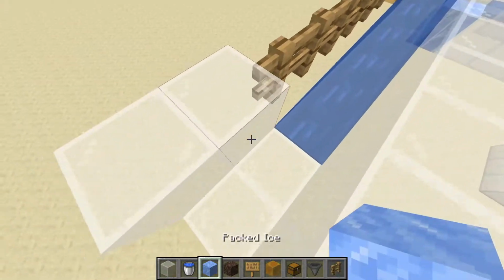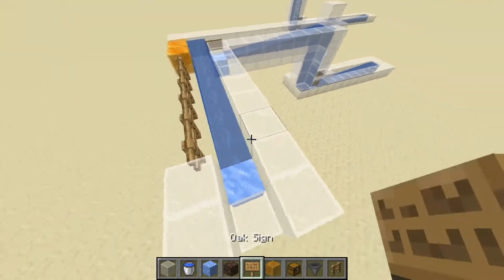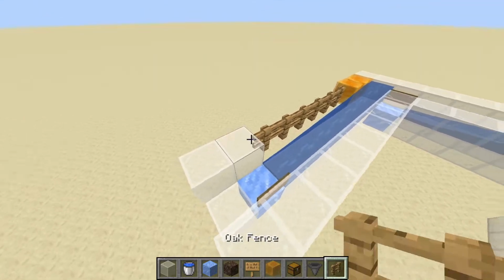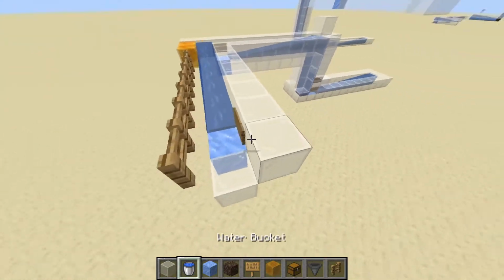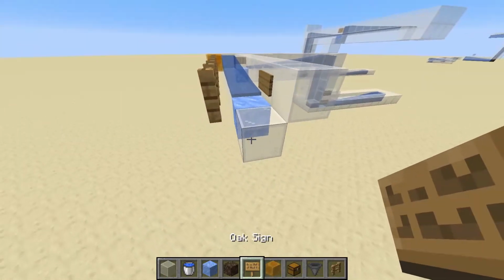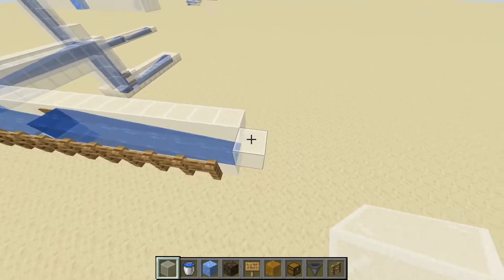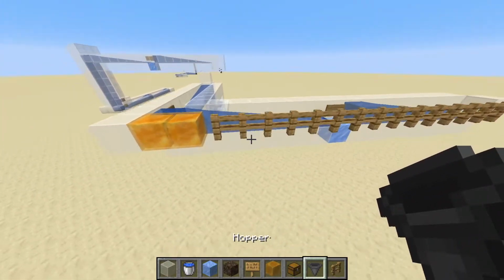And when we want to continue our water stream, if we want to, we can go ahead and place down some glass, and just use your normal signs right here. We need to place them on this side, and just continue our fences along this end as well, like so. And then place our water in like normal on this block right here. Now I've just gone ahead and extended our water stream out by one little water stream, and added a little block at the end to keep the items from flying out. And this is where our storage system is going to be.